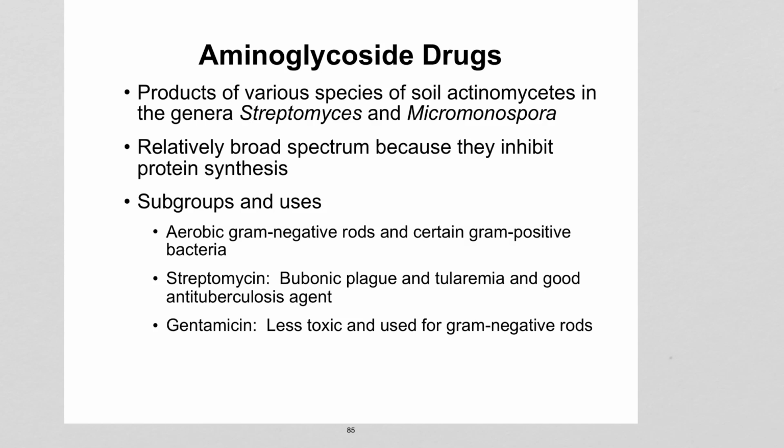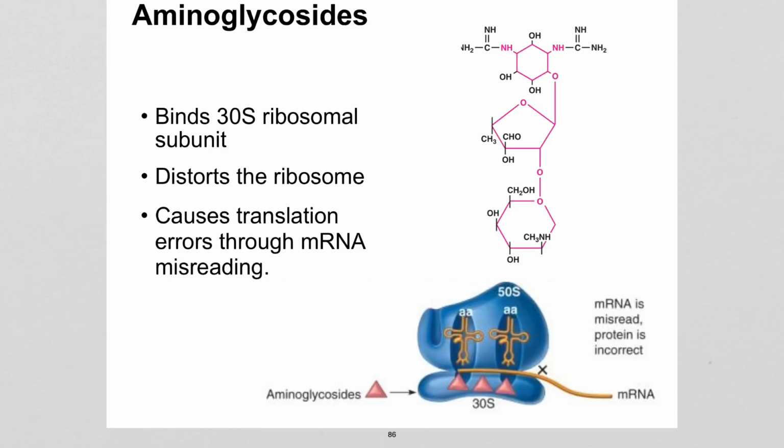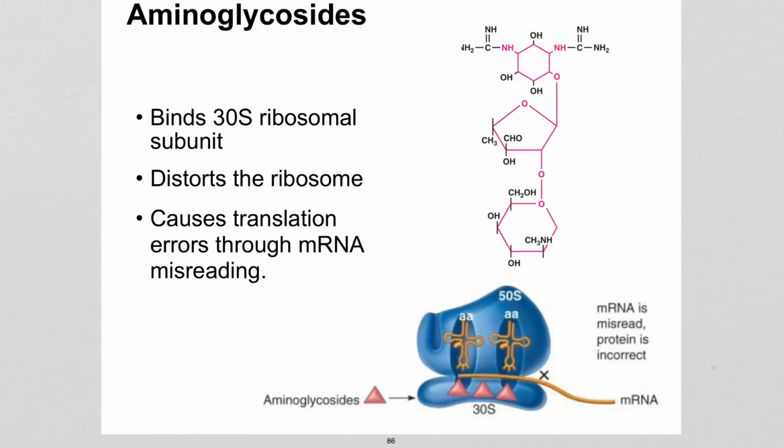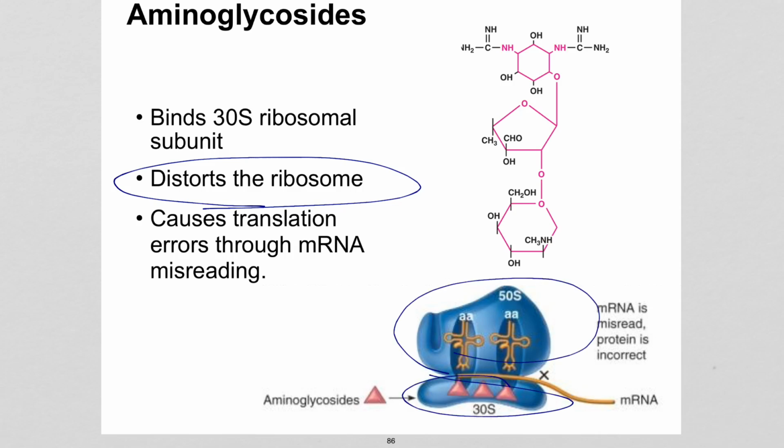The first example that I'm going to use, aminoglycoside drugs, are a commonly used category of broad-spectrum antibiotics. All bacteria have ribosomes, and so they'll target just about any bacterium that you expose to them. The way they have their effect is they bind to and change the shape, distort the structure, of the 30S subunit of the ribosome. If you're curious, ribosomes have two subunits. The 50S is the big one, the 30S is the smaller one. And if you distort the shape of the ribosome,